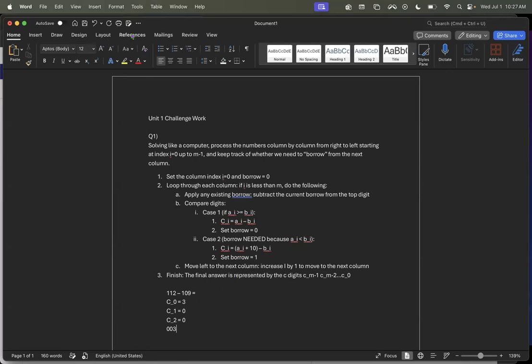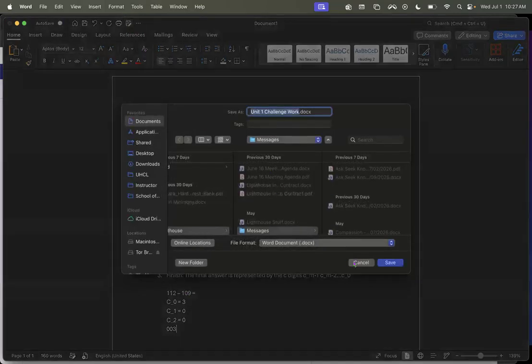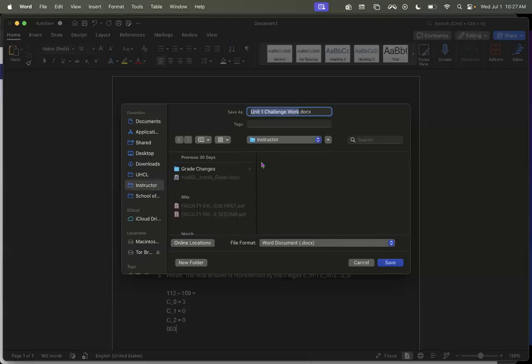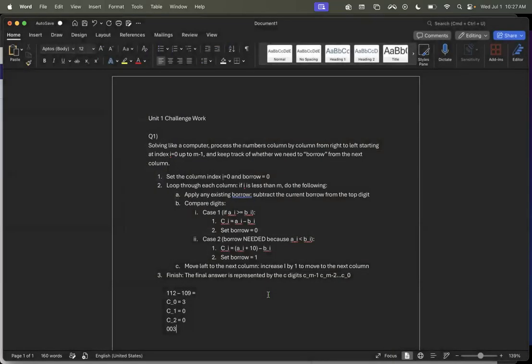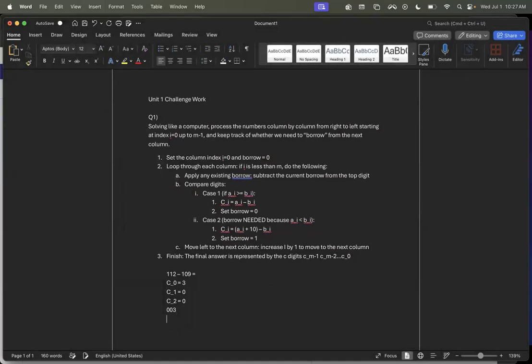Now you'd go ahead and you would save this, right? So let's go ahead and we click File, Save, etc. But I want you to see us save it as a PDF, right? So we go somewhere and then you can save it as a docx, right? But for submission, go ahead and save it as a PDF, submit it, and then you can go back to this document. And if you want, you either open up a new one or you can just do Q2 right